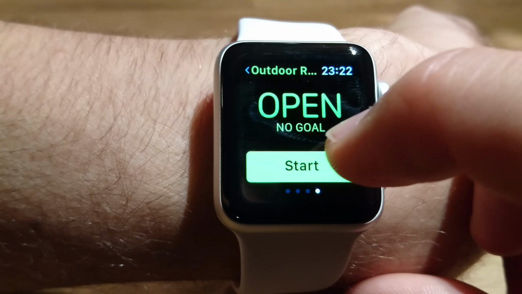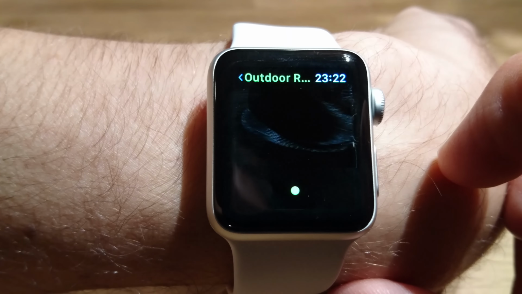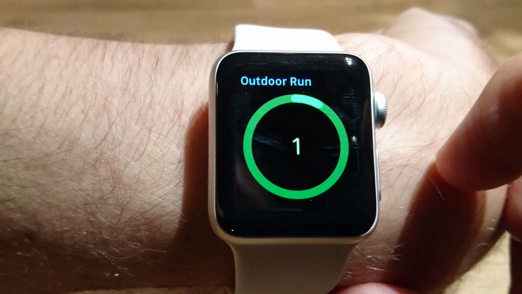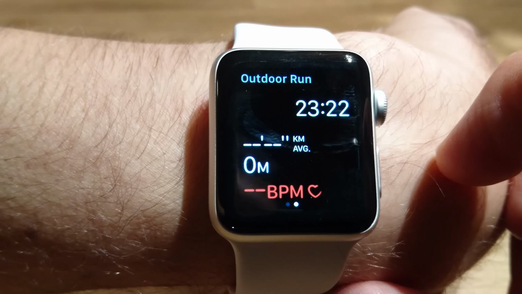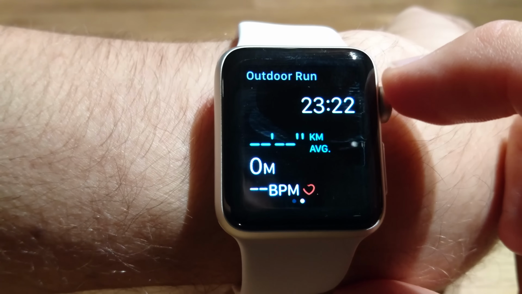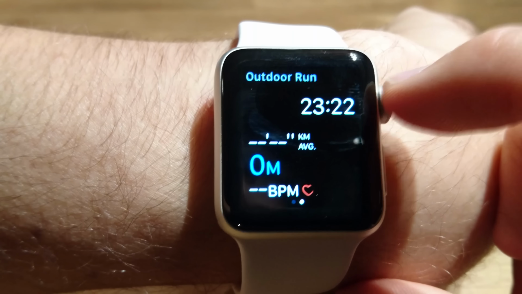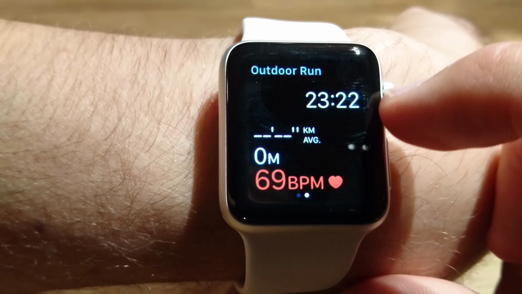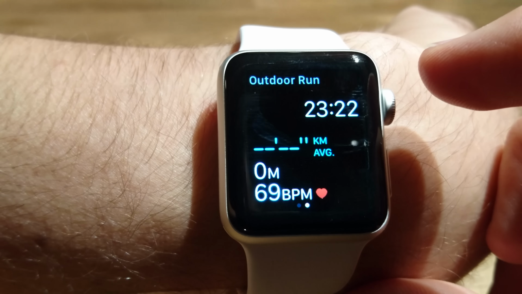And now when I click start, running started, and if I rotate this one with the digital crown, I can highlight different fields. Another very interesting function is